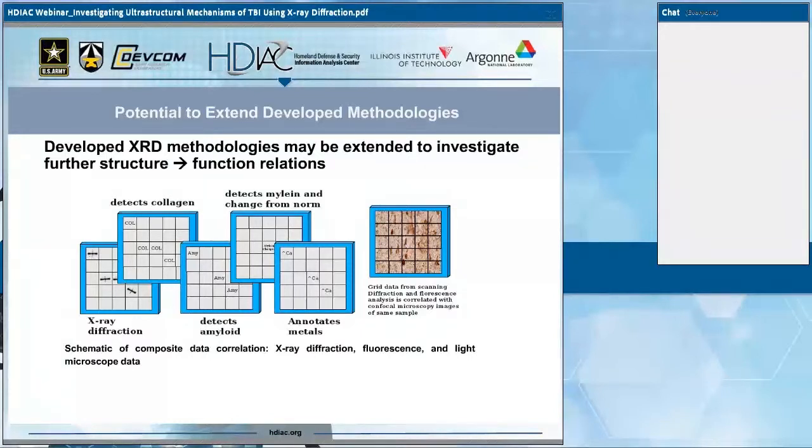Another very useful aspect of the X-ray diffraction scanning methodology is that with the experience we have now across multiple decades of using this system, we're able to characterize what kind of biological material is giving what kind of diffraction more often than not. So diffraction coming from collagen, from myelin, from the cytoskeleton, even diffraction that may be coming from amyloid plaques or more organized organization of amyloid and amyloidoses. These are things that we're somewhat experienced with, and we're able to map in the X-ray diffraction scan, but also